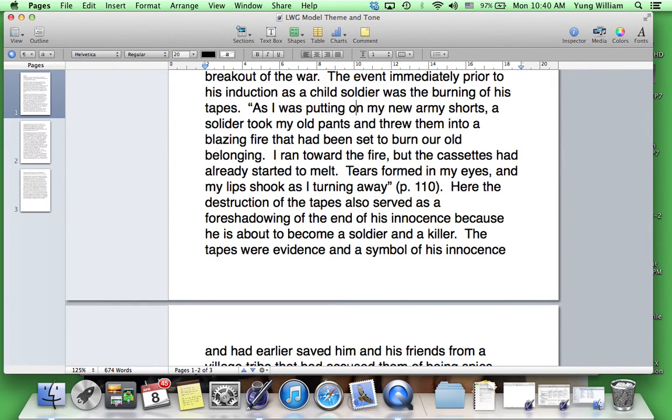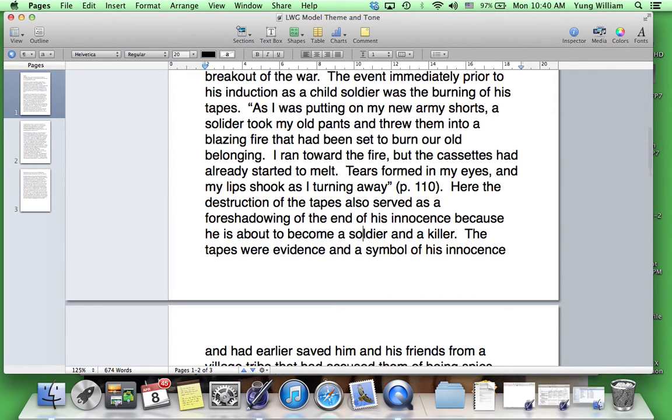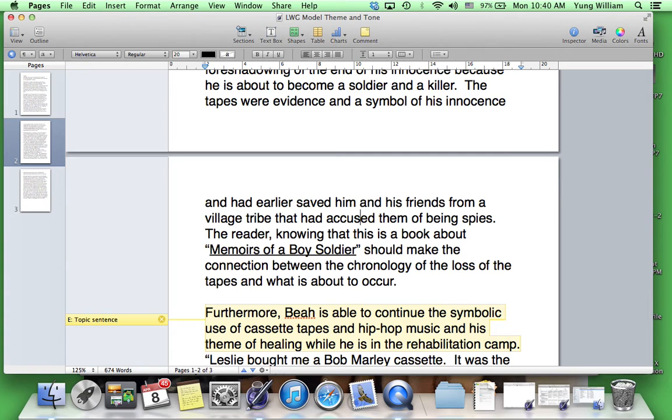So again, here's my paragraph about what the point is, that the cassette tapes are a symbol of his childhood. I put in the quote, which is my evidence, and then my explanation. Okay, I then keep on going with